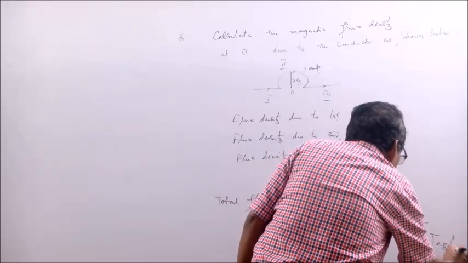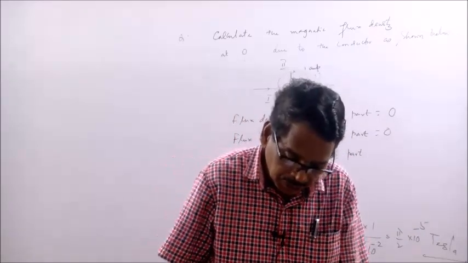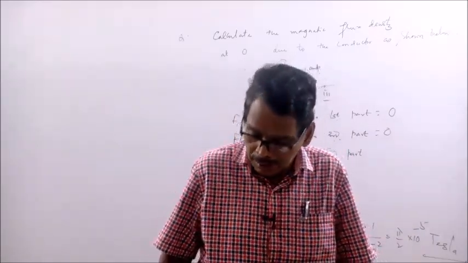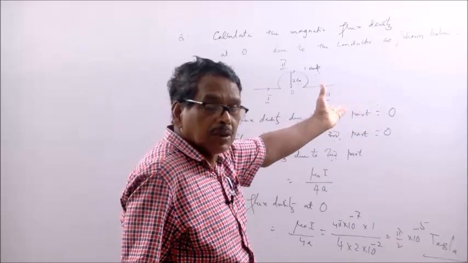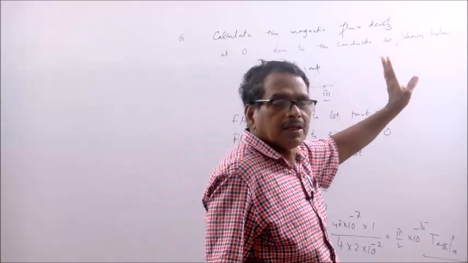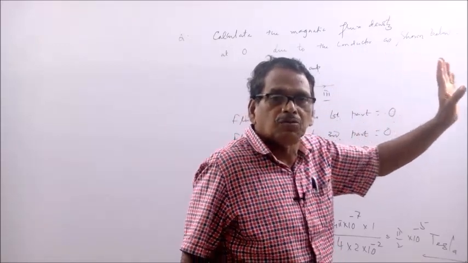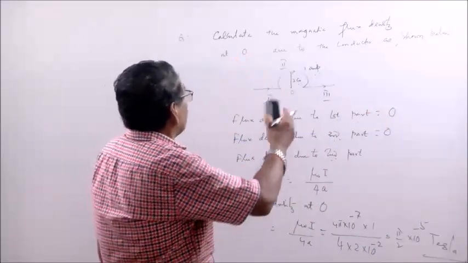Unit is very important. You must mention the unit. Unit is Tesla. That is very important. If you don't mention the unit, then marks will be deducted. If 3 marks will be there, half mark will be deducted. 2 marks will be there, 0.5 will be deducted. 1 mark is there, 0.5 will be deducted. If you don't mention the unit, that is very important. So this is how you can solve the problem.